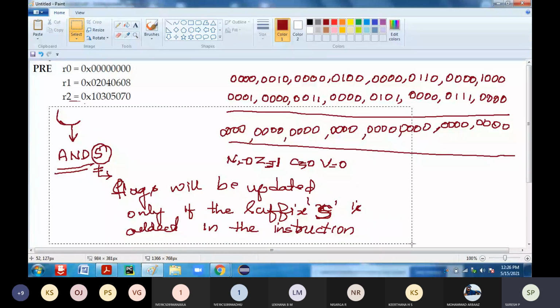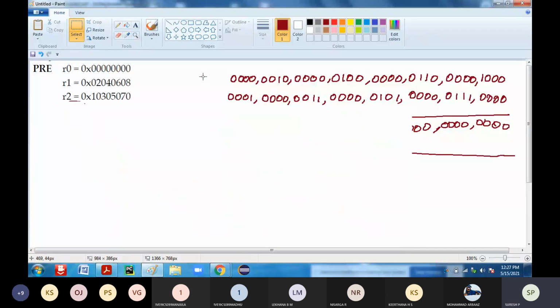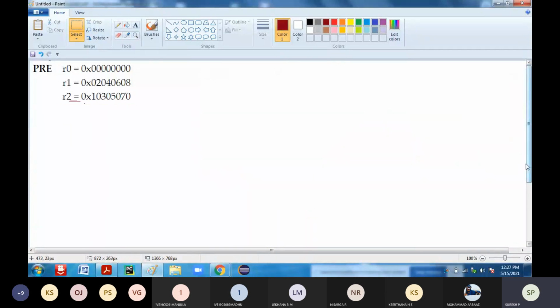Take the same value. If you have the instruction EOR R0, R1, R2, can you give the answer? After doing this particular example, do it by yourself and give the answer.